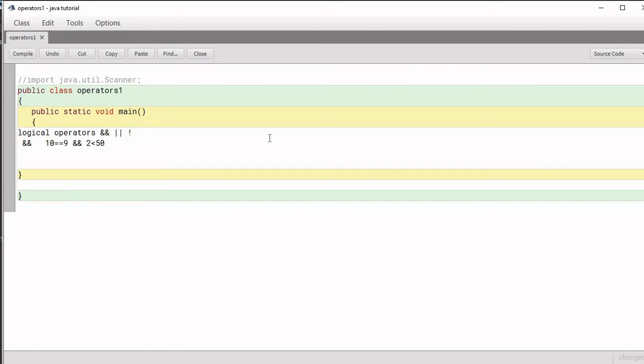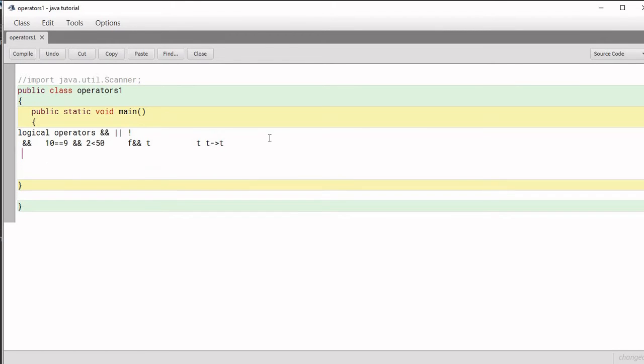10 is equal to 9. Is this true or false? This is false. And 2 is less than 50, this is true. So false and true. What is the AND operator going to do? The rule is that for AND, if both values are true, then the result is true. If both values are false, then the result is false.